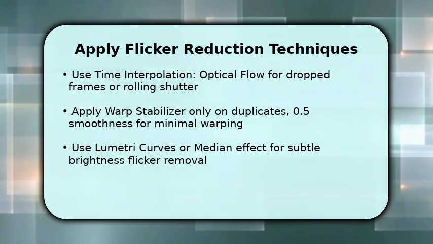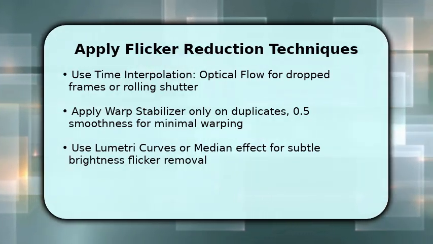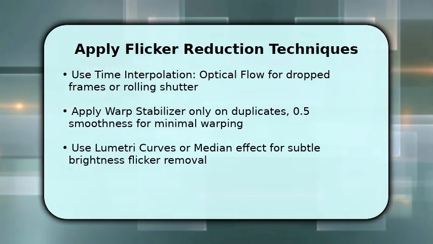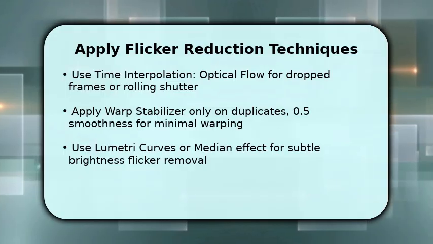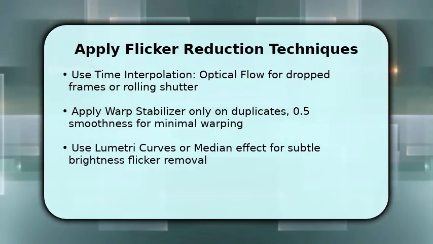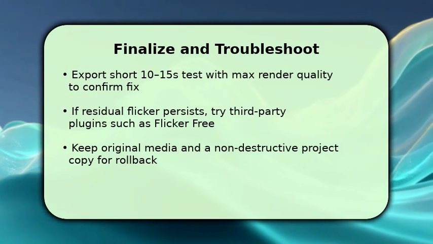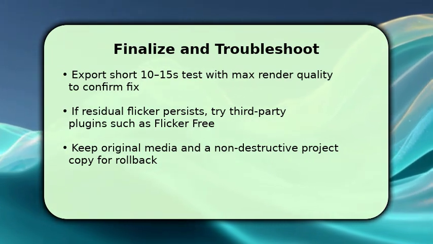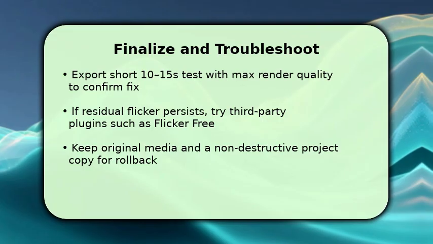For brightness jitter, use Lumetri curves with gentle keyframes or a median effect to average flicker. These change luminance. Finish by rendering a short test export at full quality to verify the fix in a real playback environment. If you still see flicker, try third-party plugins like Flicker Free or import into After Effects for advanced